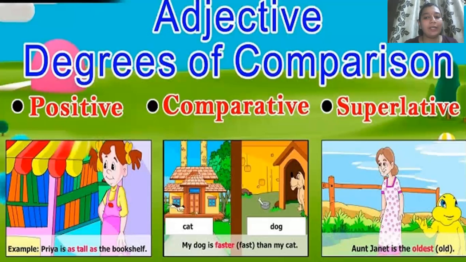Similarly, in the comparative degree of comparison, we saw that it is used when we have to compare two persons or two things. In that case, we show that one person is either better or worse than the other, or else the other is better or worse than the first one. And this is shown by adding the suffix er to the adjective. That means if the adjective is fast, it becomes faster. And for adjectives to which we cannot add the suffix er or ier, we add words like more or less before them in order to give a comparative effect.